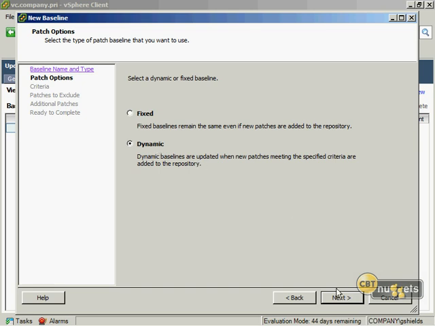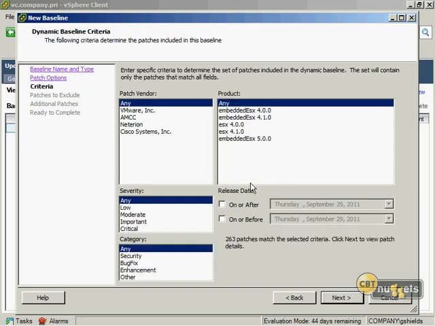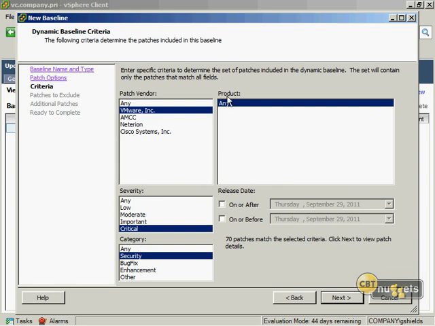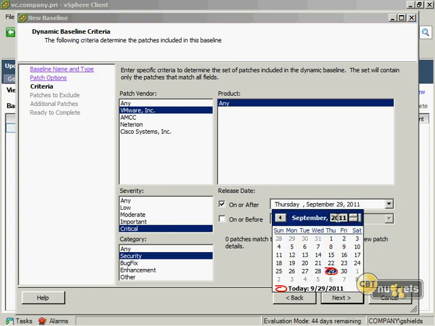I'll start here with the dynamic, and then I'll go back and show you what the fixed is. So here with dynamic, let's assume that I want just VMware patches of critical importance, of security type, in any product that are, I don't know, on or after a year ago. What this would do is it would apply just what you see here, essentially those characteristics for the patches that